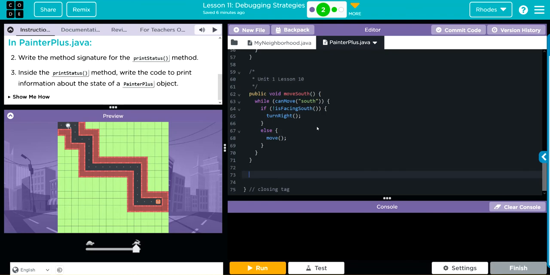How do we write our method signature? Again, that's easy. That's just public void and print status. Then we just do our two little curly cues. Do not forget your curly braces. After we get that done, we're going to tab over one more time. We're going to write